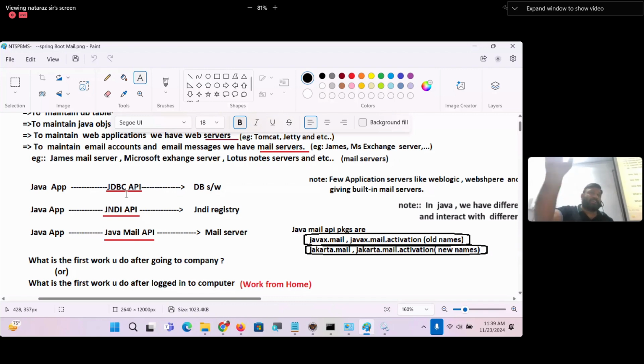JDBC API means a bunch of packages having classes, interfaces, enums and annotations, like java.sql and javax.sql. Nowadays, javax is replaced with Jakarta. Okay, JNDI API means what? Java Naming and Directory Interface package and sub-packages. Java Mail API is also a set of packages having classes, interfaces, enums and annotations. What are those? The old names are javax.mail and